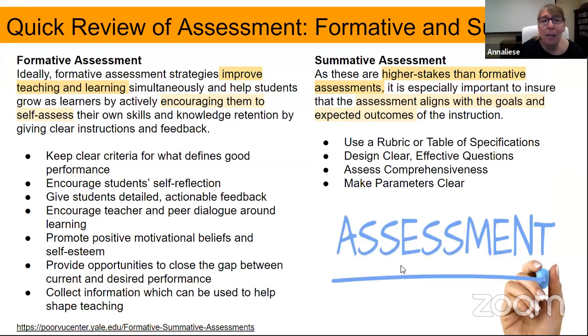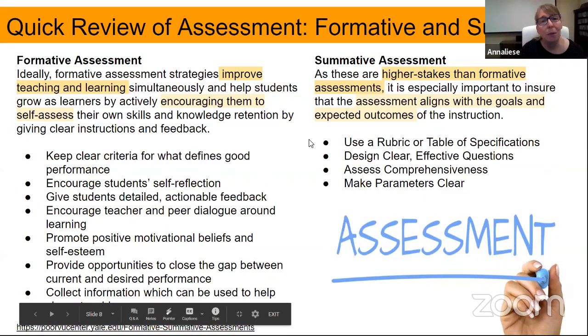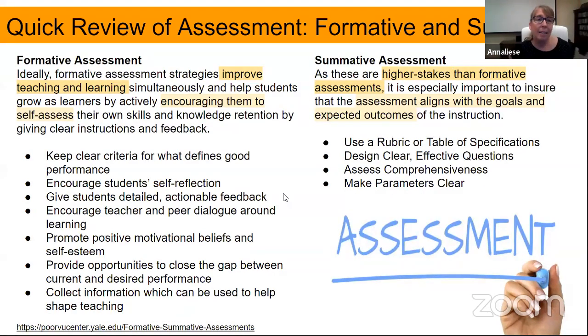And then I just put up a quick review here that the purpose, as you know, of formative, we want to get students to think about their learning and grow as learners. And there's less high stakes, whereas the summative is much more high stakes. So this is, I think, something that's familiar to you. You can look at the list on your own time, but ultimately, every time we look at these ideas that we learned as English language teachers, and we think about them in the online context, the first question that should come to mind is, how do these adapt? How do they transfer or